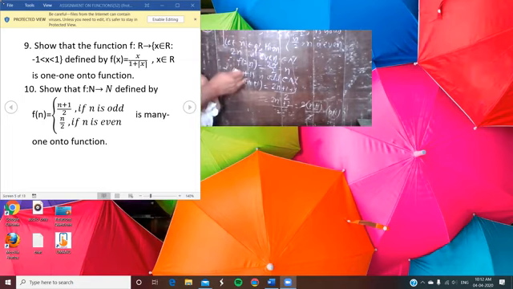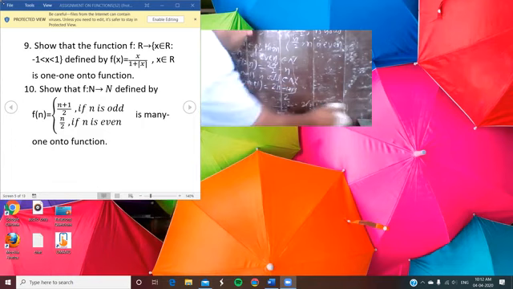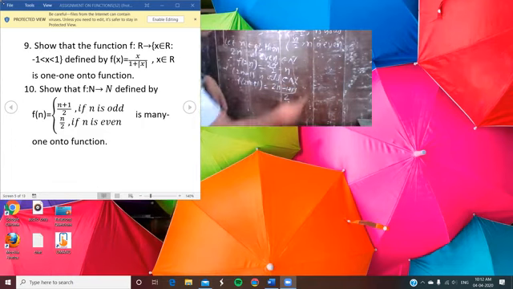And for an odd number, you have to take the number not as 2n plus 1. You have to write it in this way, 2n minus 1. Suppose 2n minus 1 is odd. So here you have (2n minus 1 plus 1) by 2. So the 1s cancel out, and you write it this way: that is 2n by 2, which is n.